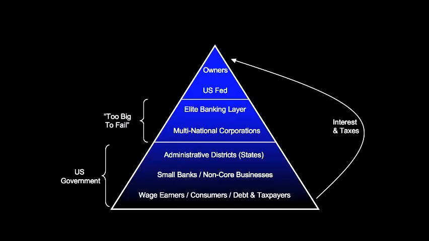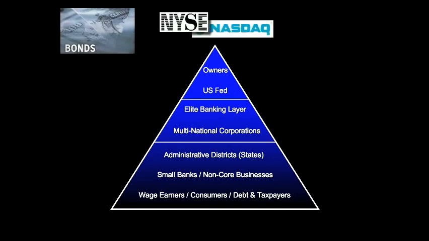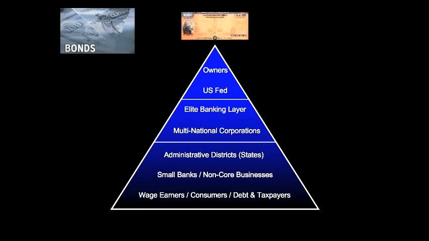We saw this diagram in lesson 1 showing the government off to the side, not really part of the pyramid. So what really governs this system? It's the bond market. So the first thing to note is that this basically means the stock market's irrelevant. Even though it's the focus of every nightly news program, it's just a distraction from what really matters when it comes to understanding power in this empire. The stock market is dwarfed by the bond market and all the other international markets for debt instruments. That's what a bond is.